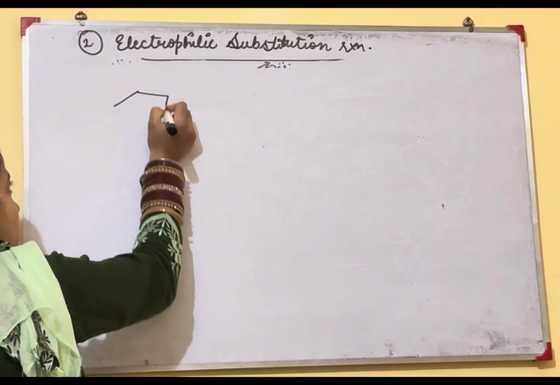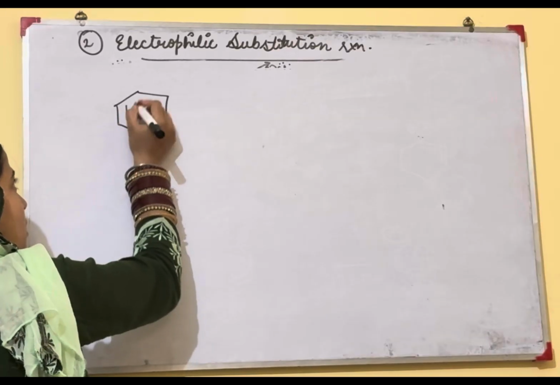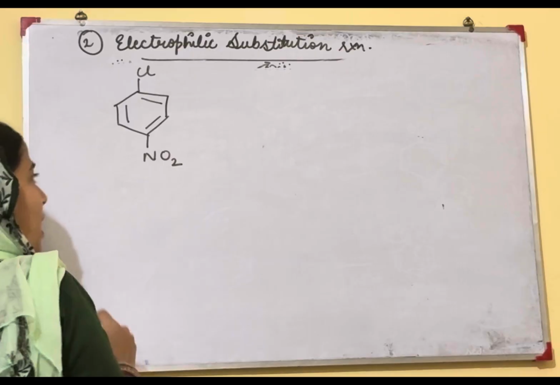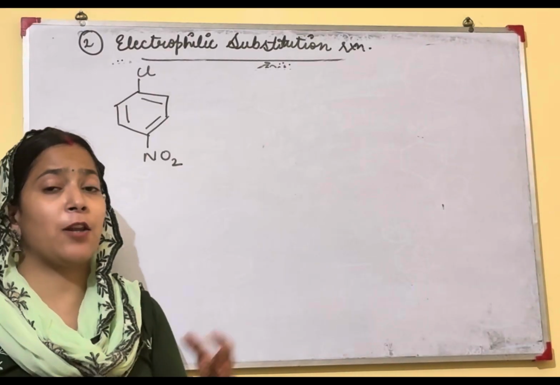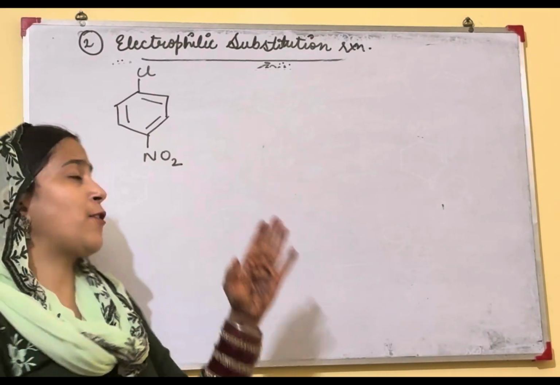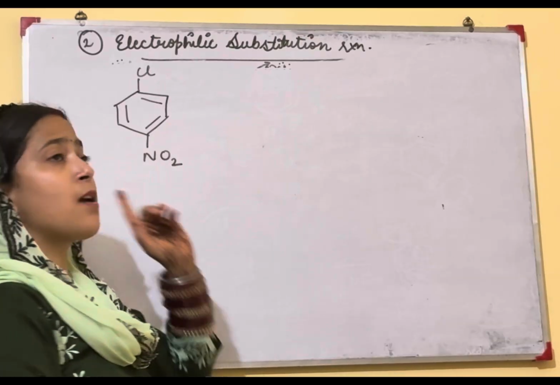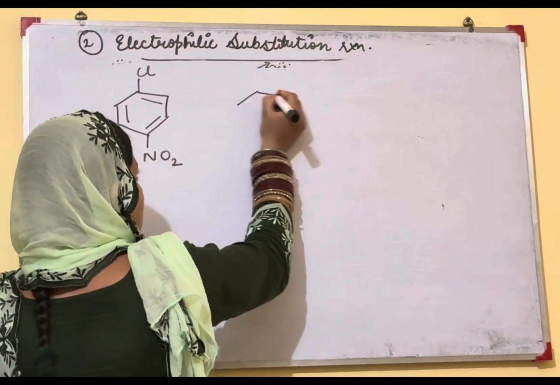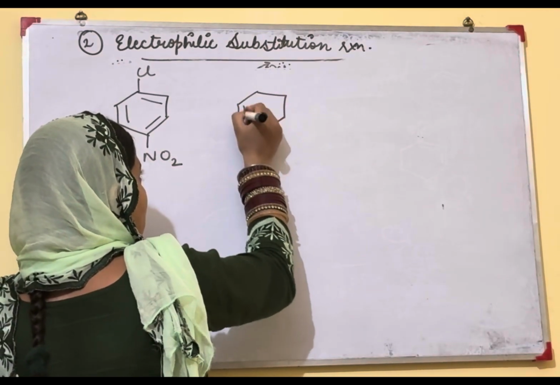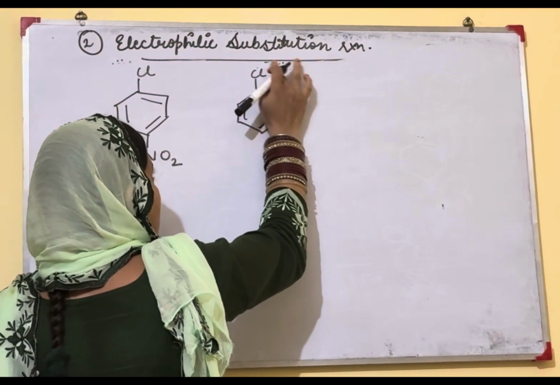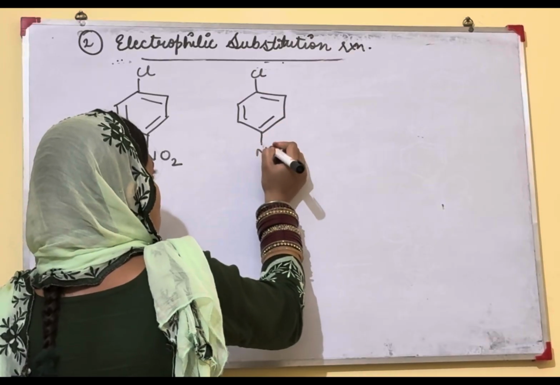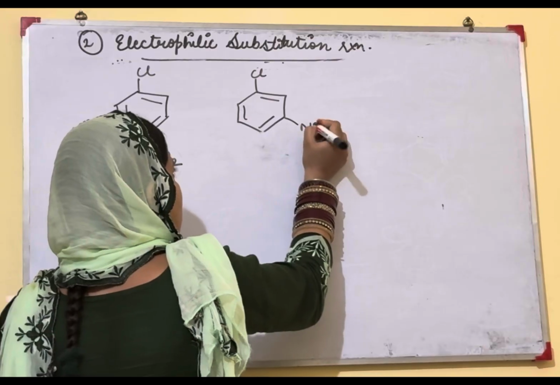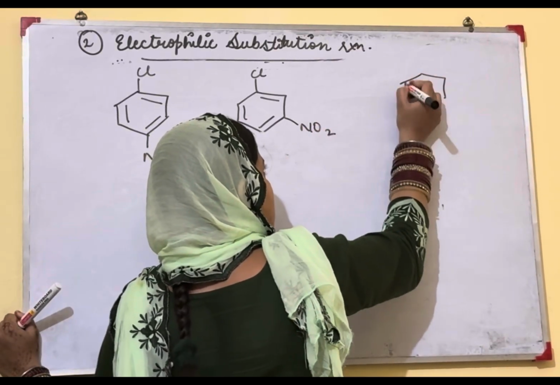See, this is haloarene. On this haloarene, if we add an NO2 group, NO2 is an electron withdrawing group. It will withdraw a large number of electrons when it is present at ortho and para positions. Because when we discuss ortho and para, the negative sign during the electrophilic substitution reaction will come at ortho and para positions. This is meta and next one is ortho,